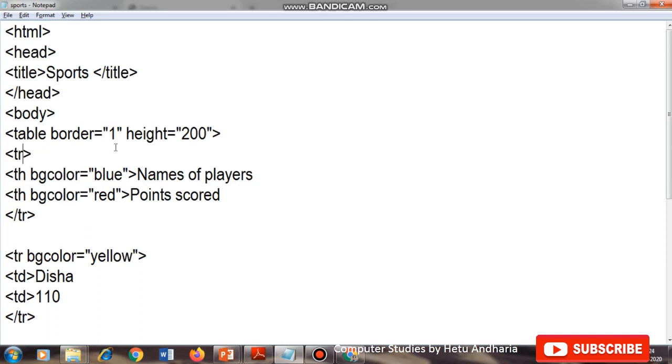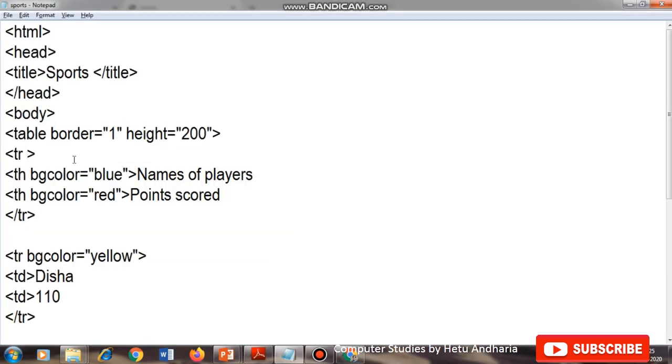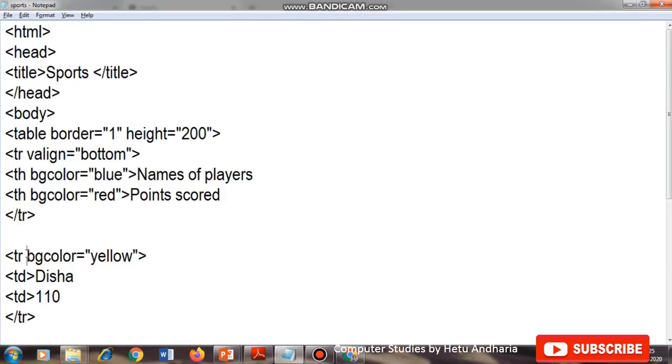Now here in the first row, we will change the alignment. By default it is in the center or in the middle, right? Okay, so first we will change this. V align is equal to bottom. You can see the difference. This text went to the bottom. Now in the next TR, we will change the alignment.